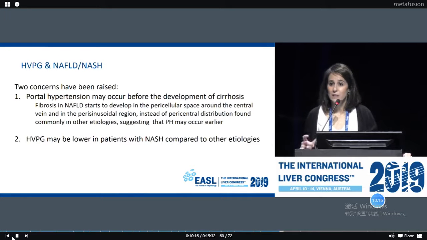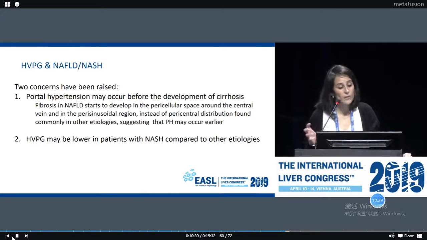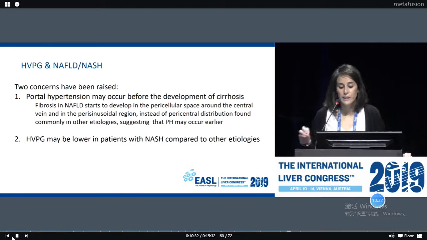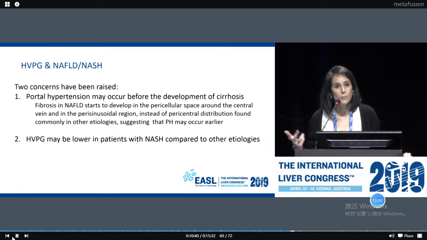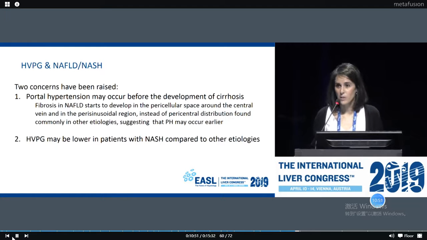However, two concerns have been raised with the NASH etiology. One is that portal hypertension may occur before the development of cirrhosis, because the fibrosis in NAFLD starts in the pericellular space around the central vein, and this has been proposed to cause portal hypertension at earlier stages. The other one is that HVPG may be lower in patients with NASH when compared to other etiologies. However, the data that we have are